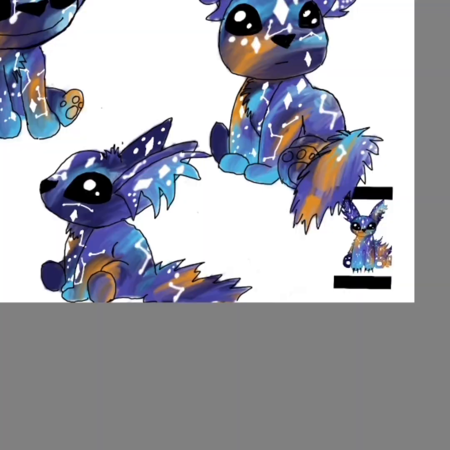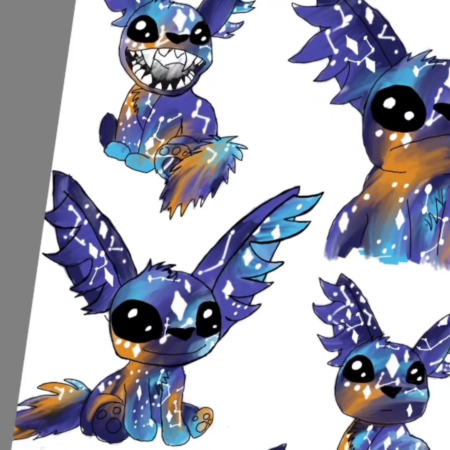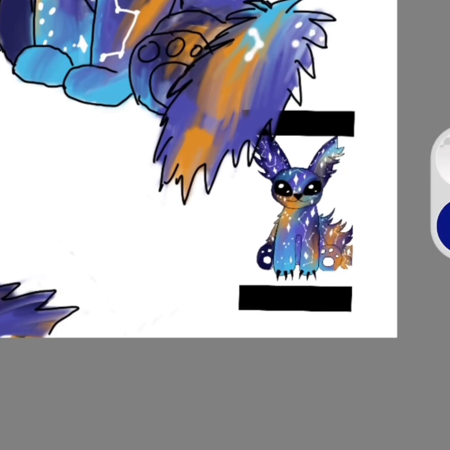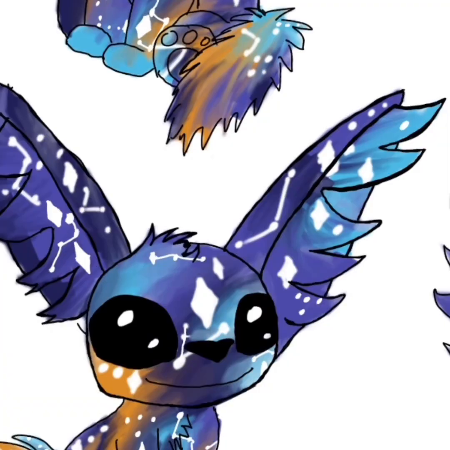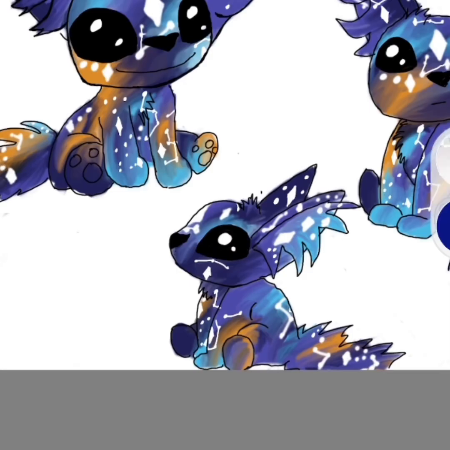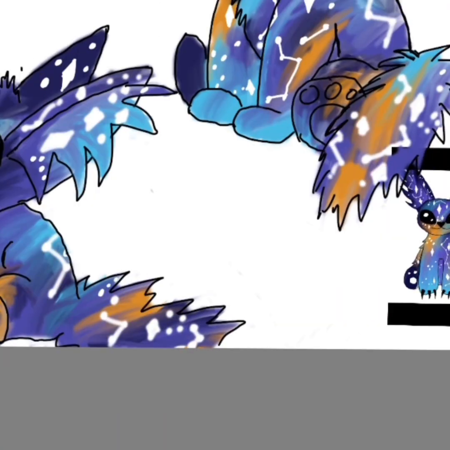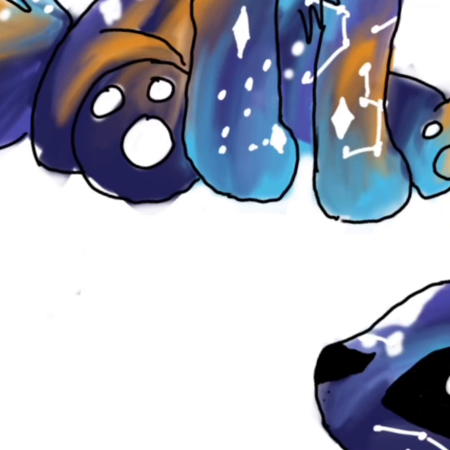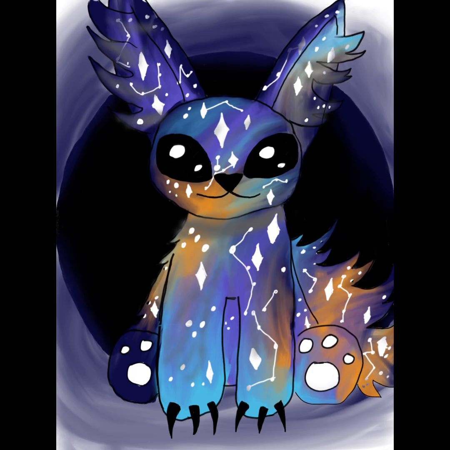This is my character sheet based on those pictures of Stitch that I showed earlier, because I could not for the life of me figure out how to do this. The ears are a lot larger than Stitch's, because I also wanted to base this on another animal that I have, so they're like a weird mix between cat and bunny ears. And her colors and markings kind of swap around.